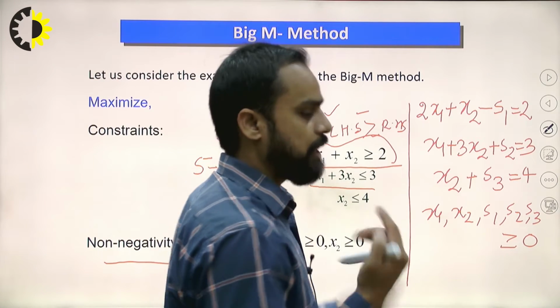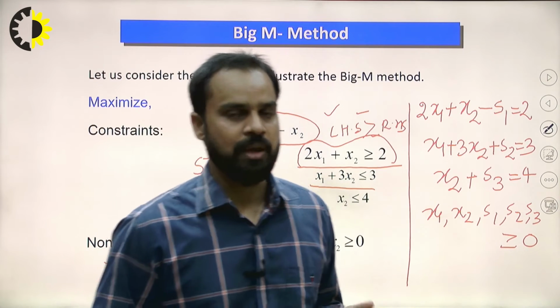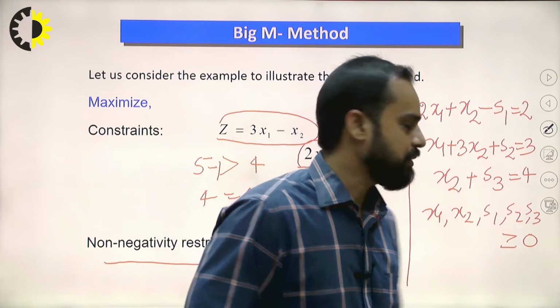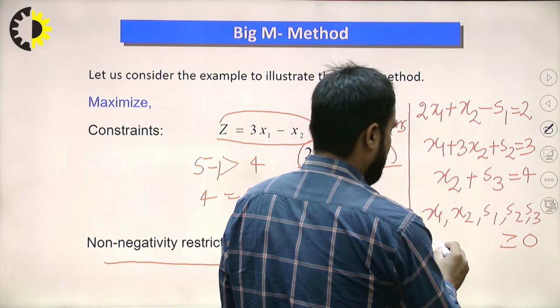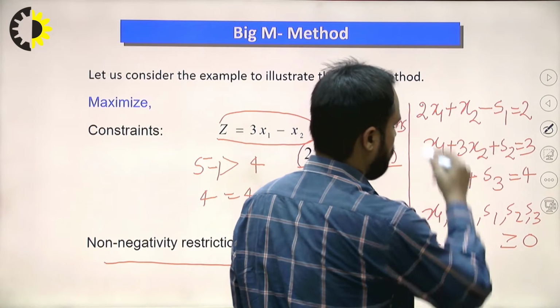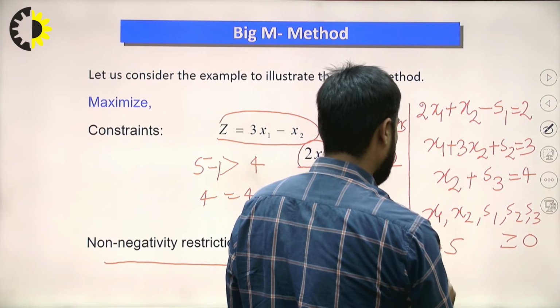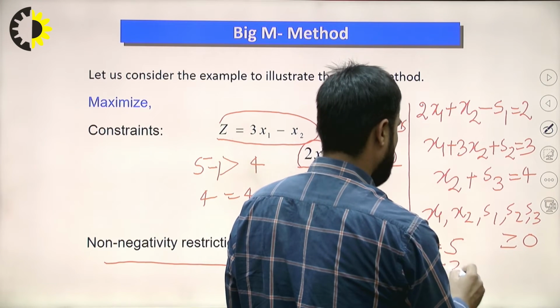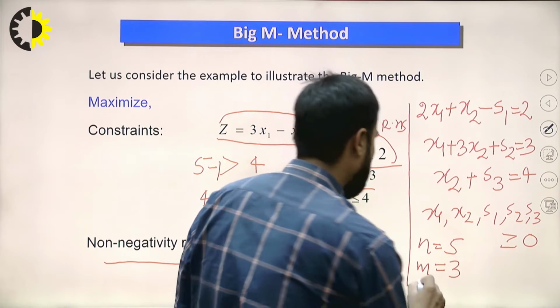In the third step, we have to decide the number of basic and non-basic variables. How can we decide the number of non-basic variables? Now we can easily observe n is the number of variables. How many variables now? 1, 2, 3, 4, 5. The number of equations now is 3. So the number of non-basic variables is n minus m.